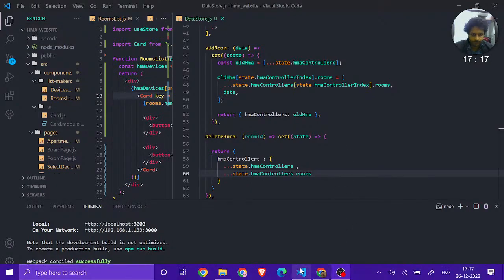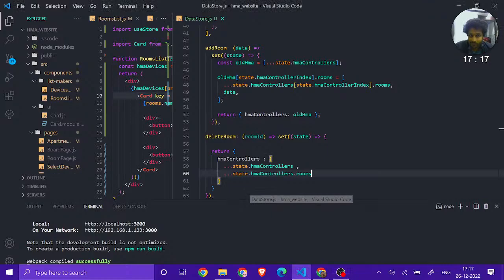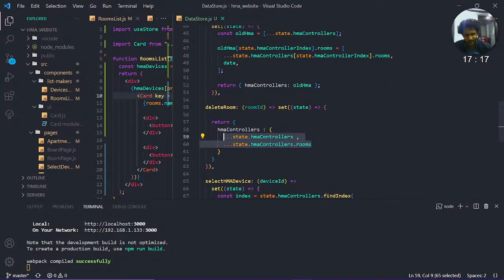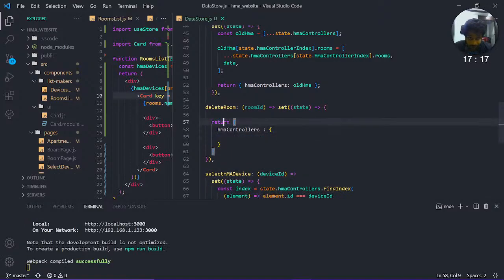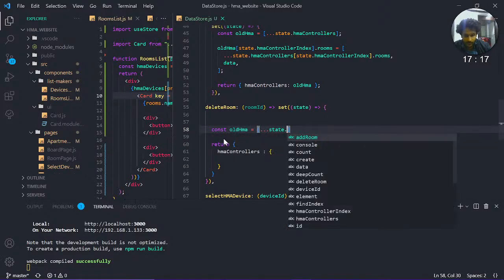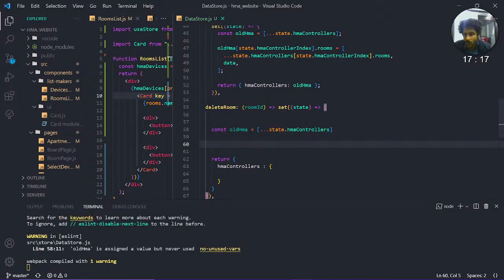Back again. Yeah, I think I'm not gonna go with this method of updating the value. I'll just go with the old HMI method. So I will just unpack the values, HMI controllers, and just update the HMA. So how are we gonna do that? Now that's also a method. How we're gonna do it is